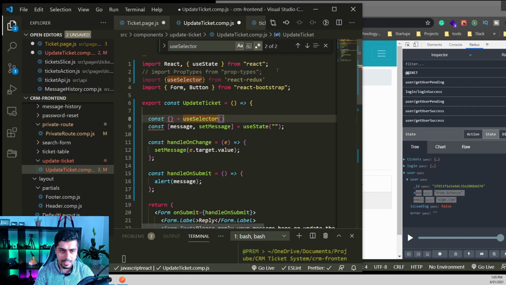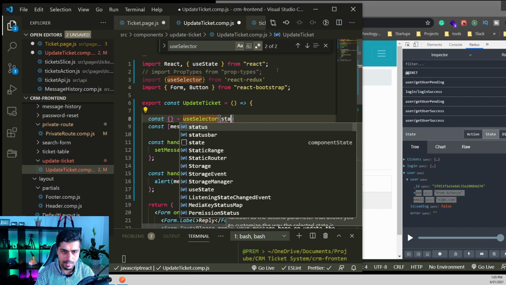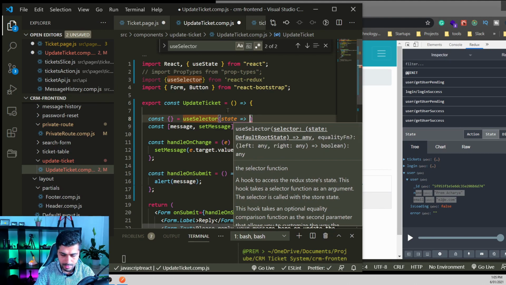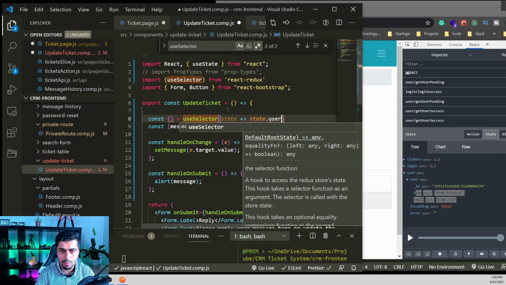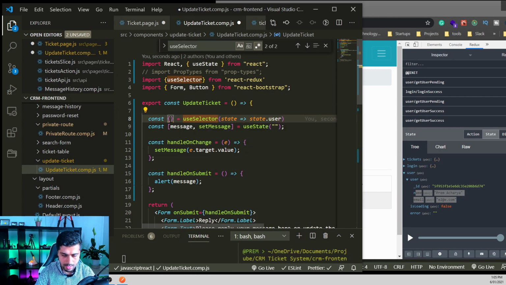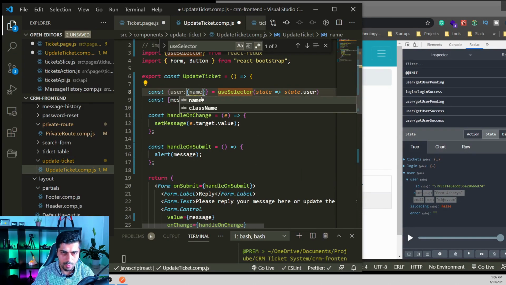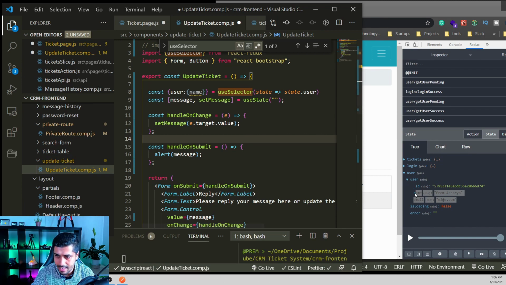So as you already know, use selector will give us all state, and we are going to only return the user object from there. State.user will return the user object, and inside the user object we have another object called user. So let's destructure that. When we destructure that, instead of getting user, is loading and error and everything, we will get user only. From this user, we can even destructure further like so, just to get the username, for example name, like so. That way we can only get the name out of everything here. So now we can use that name